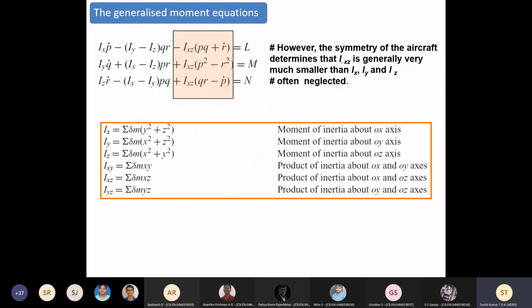Similarly, if you look at the moment equations, again, same logic. Neglect small quantities like cross moment of inertia, and worry only about the significant terms. I don't want to go back over the force and moment equations because you can go through the slides, otherwise you lose track of how the whole thing is getting derived.